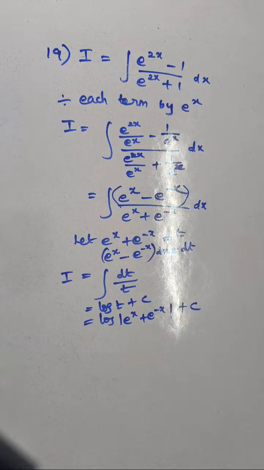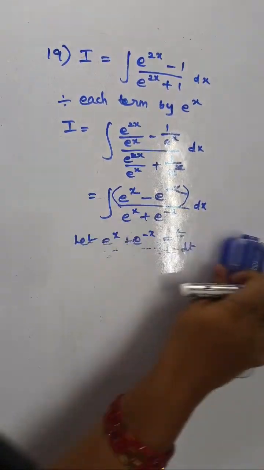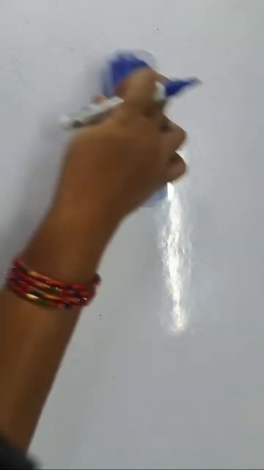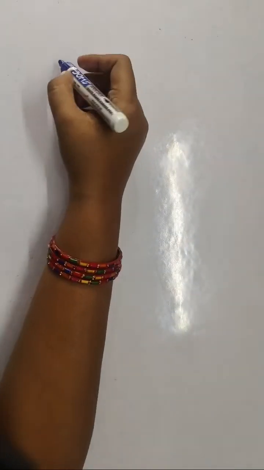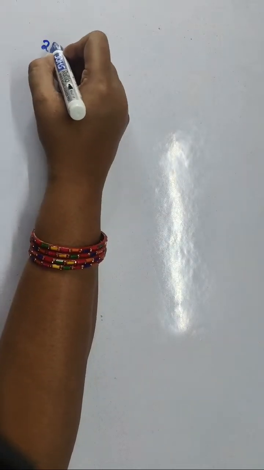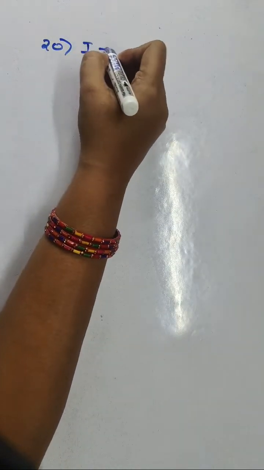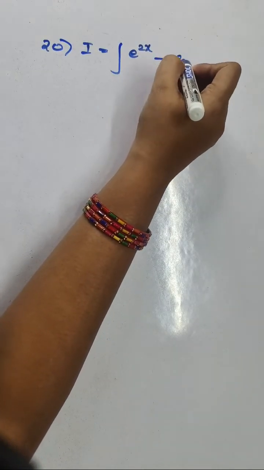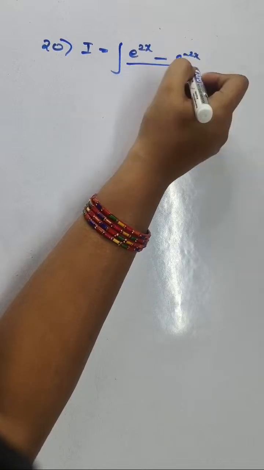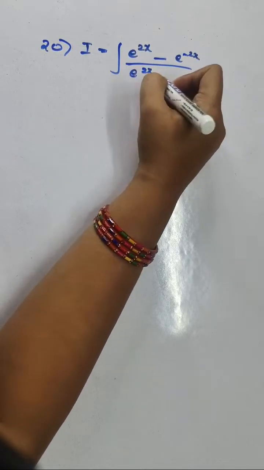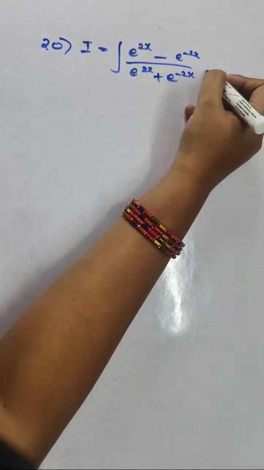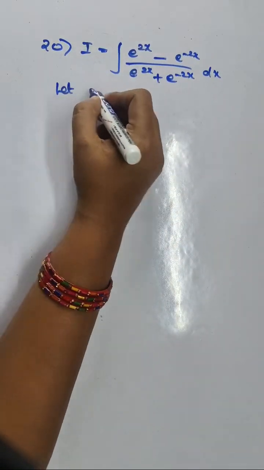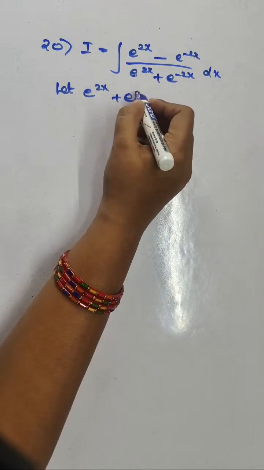The same thing, question number 20, the same thing, where you have both the terms in the exponential part. So question number 20, I equal to integral of e power 2x minus e power minus 2x by e power 2x plus e power minus 2x dx. Here it is very easy. We can take the denominator part as t,